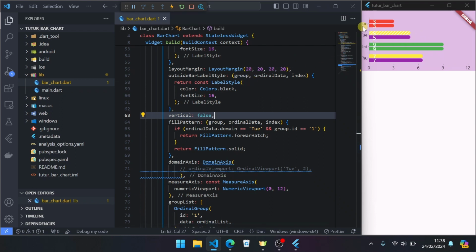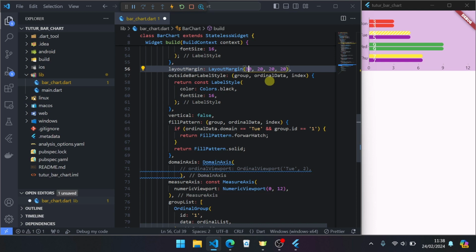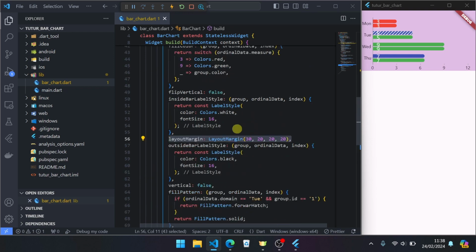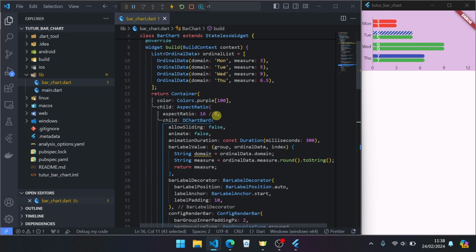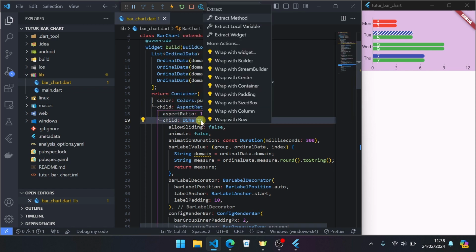If you see the label here for the main, not so, you can set again from layout margin, for example, 30. Start again. If you want to use layout margin, you can also use padding to wrap aspect ratio or to wrap the chart bar O. Chart bar O, control shortcut control dot.